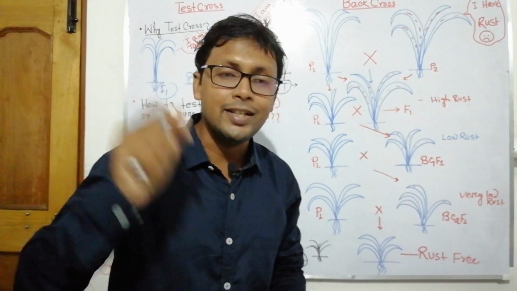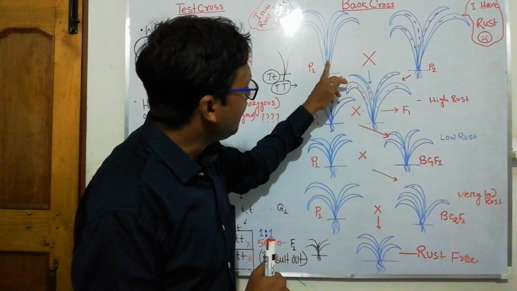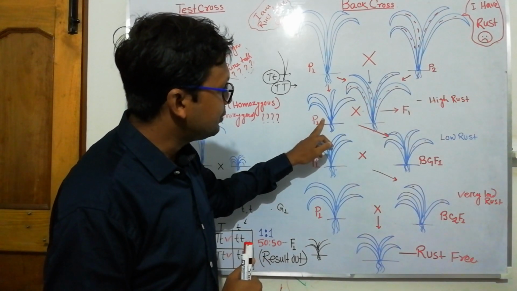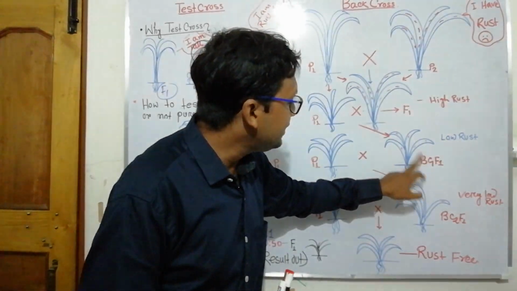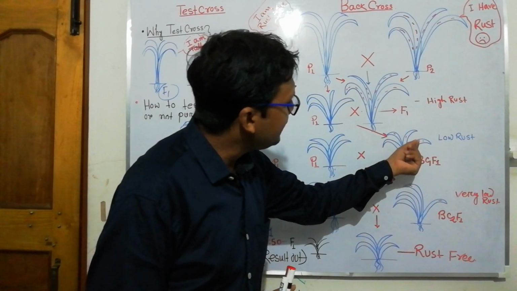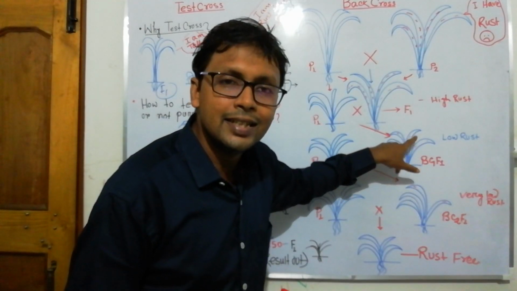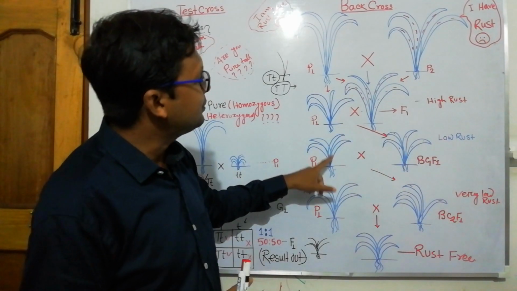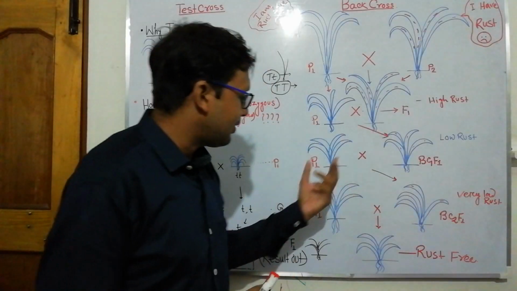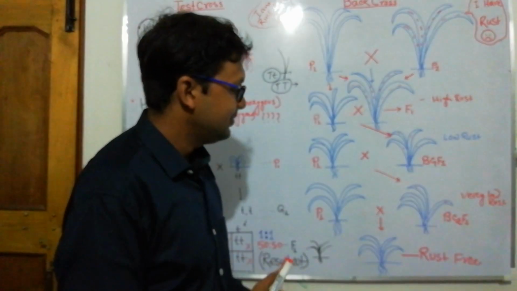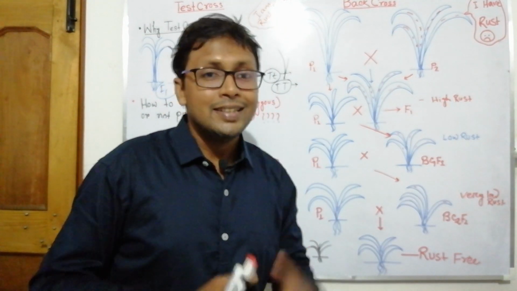Plant breeders are very intelligent, so they will back cross with this parent. The first cross is called back cross F1, BC1 F1. This BC1 F1 also contains a very small amount of rust, so the rust intensity is very low. It will again be crossed with P1, and the rust intensity is even less. It will be crossed again with P1, so that finally a rust-free crop individual is developed. This is called back cross.